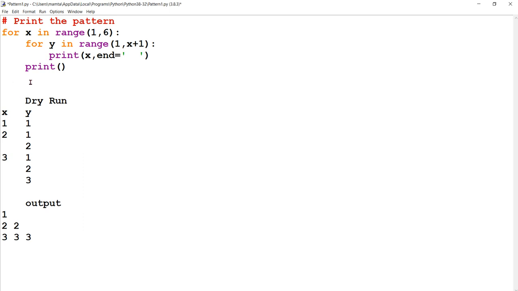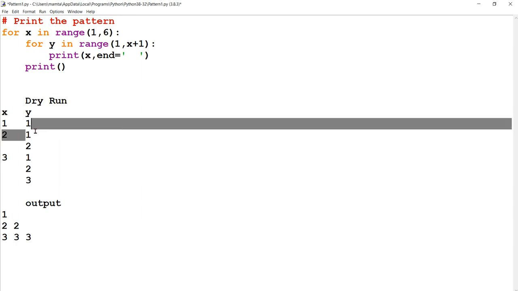Inside the outer loop and outside the inner loop. So this way you can predict, like initially Y's value was 1. Then depending upon the value of X, Y will rotate.